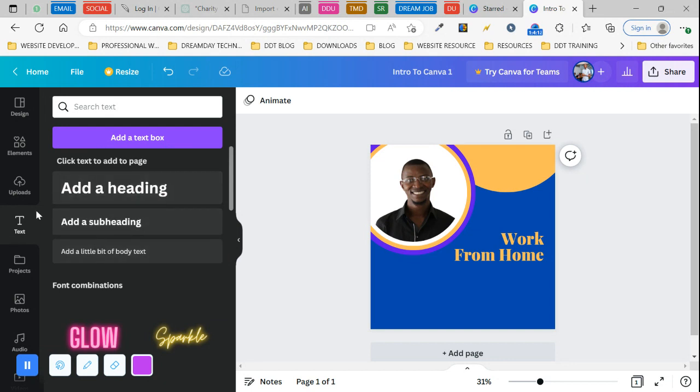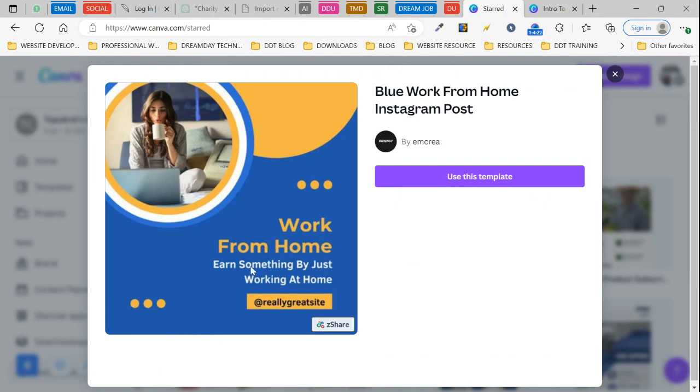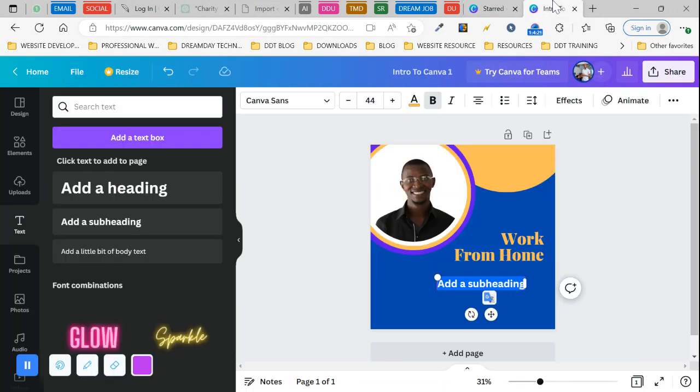So we go to text and say add a subheading, and we type this here, which is earn something by just working at home. So we say earn something by